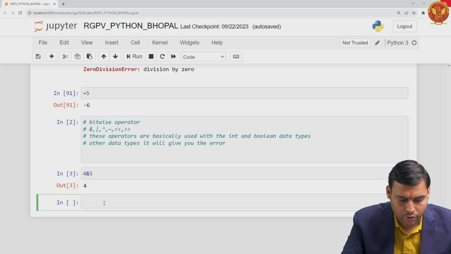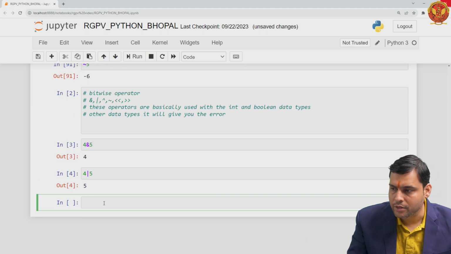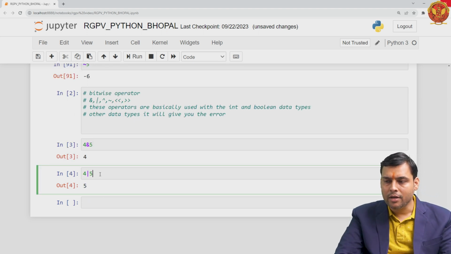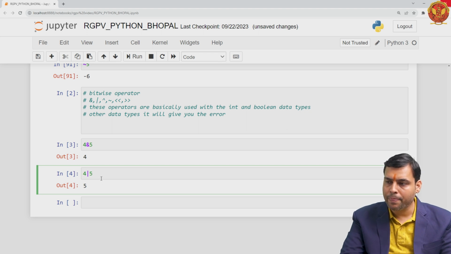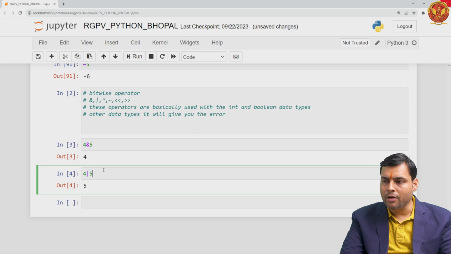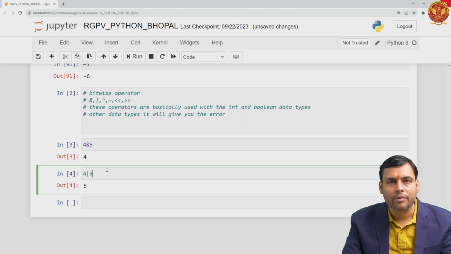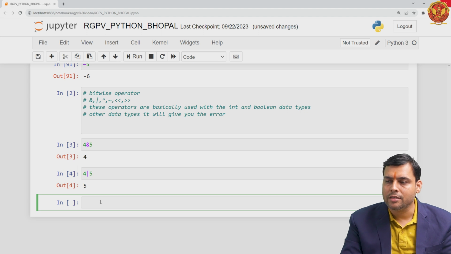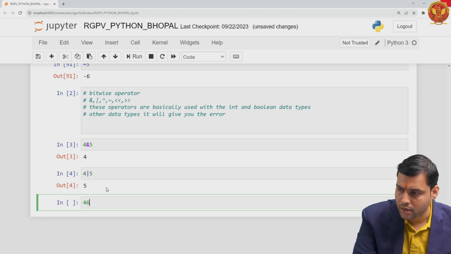Now we check for 4 or 5. When I run this code, you can see the output is 5. Suppose you have 100 and 101. When you take the OR of this, you will get 101. That is the output 5. I hope that you all have learned these operators in your second year class and in digital systems and digital electronics. So we are directly here just checking the operations that the Python virtual machine performs over these operators. Let me take another thing. Let me do 1 XOR